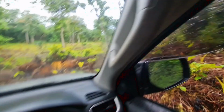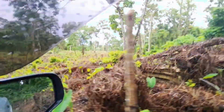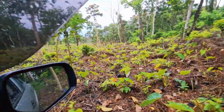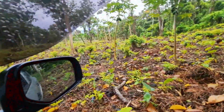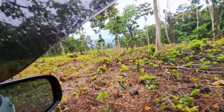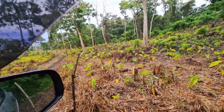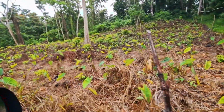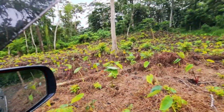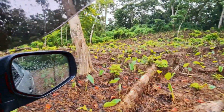So this is the plot that we planted. Fortunately, it wasn't quite visible in my other video, which we came to take the tiapula at night, but there's roughly 4 to 4,500 taro on this plot now. We've still got quite a lot to plant, as we want to go all the way down to where those trees are. But as you can see, the plot goes all the way up there and then extends towards the left of the screen. So that was Uati and Uncle's and the boys' job the other day, planting those taros